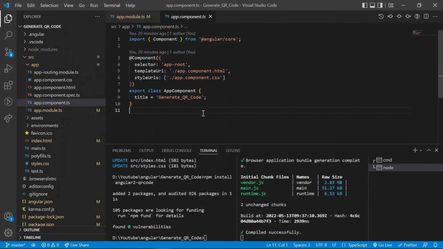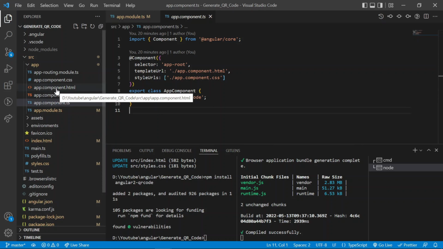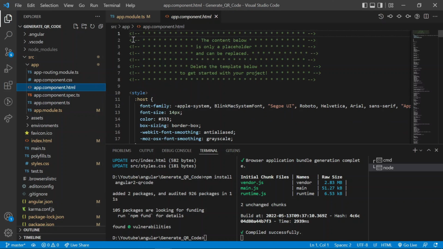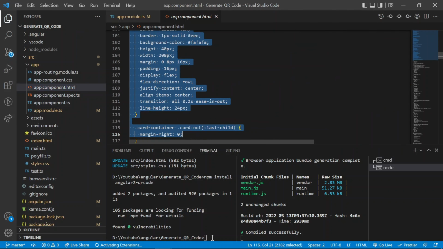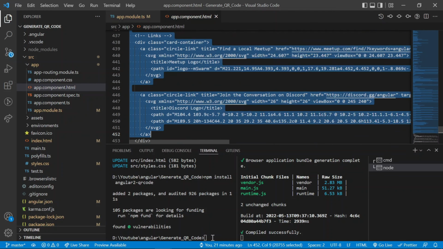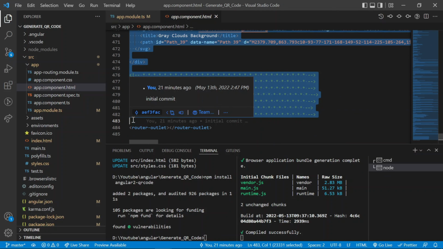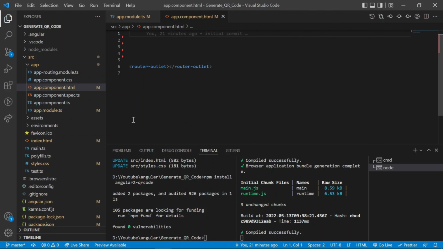Inside the app.component file, we have to declare all the values. Before that, let's do some work in the HTML file. So first I will remove all the dummy code. From Angular Material, I use the toolbar of Angular Material.